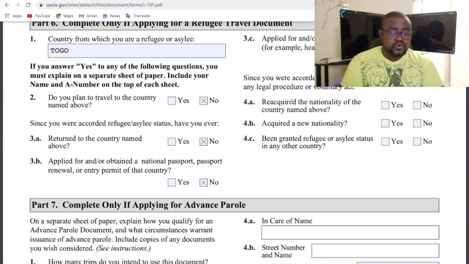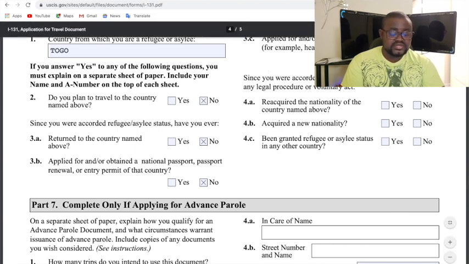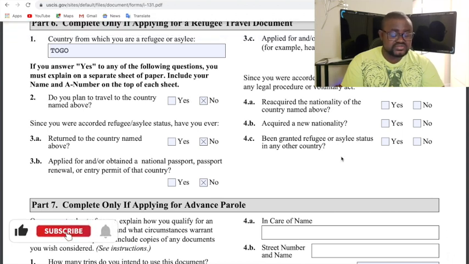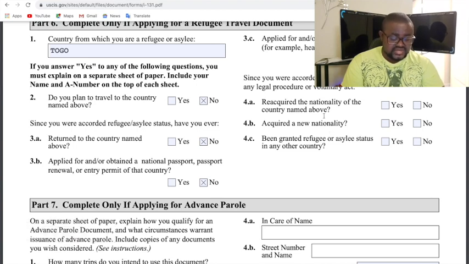Applied for and or received any benefit from such country, example health insurance benefit? No. Since you were accorded refugee or asylum status, have you by any legal procedure or voluntary act reacquired the nationality of the country named above? No. Acquired a new nationality? No. Being granted refugee or asylum status in any other country? No. If yes,